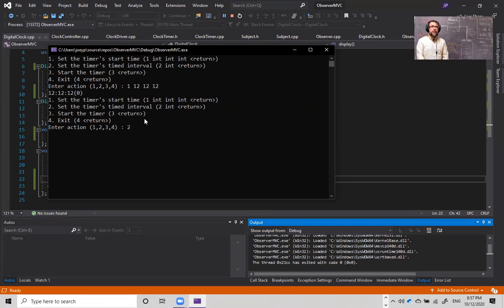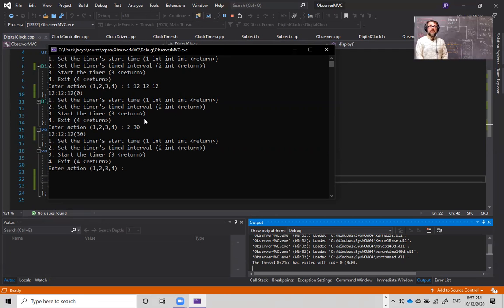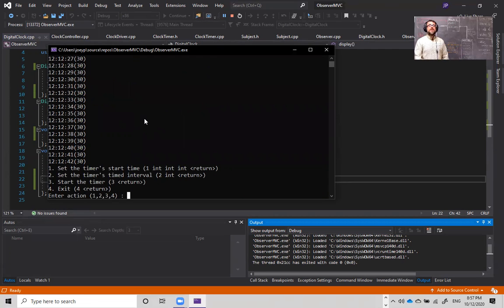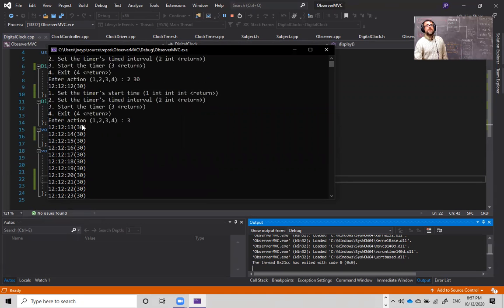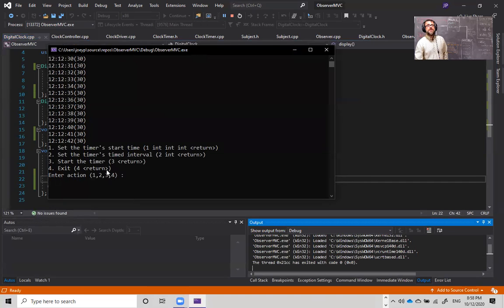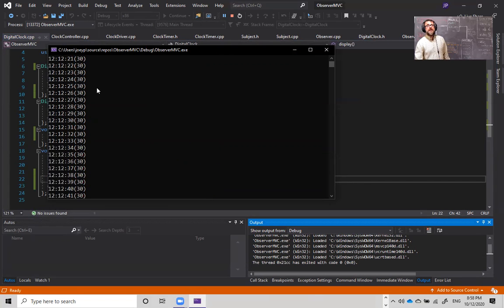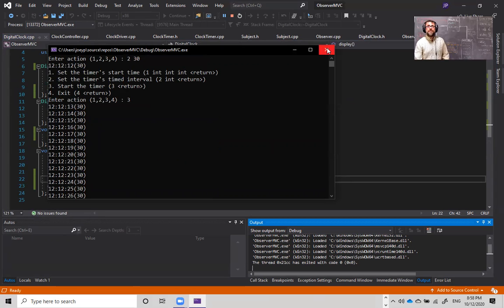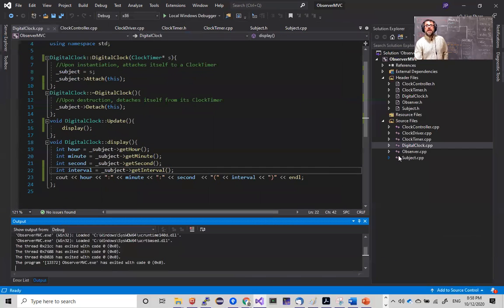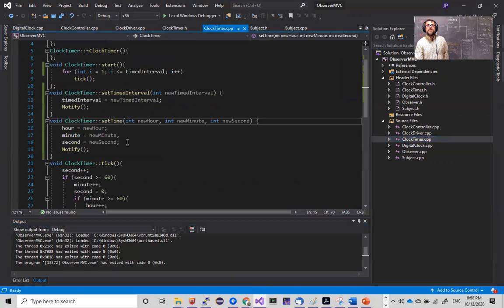Now, if I go 2 and then say 30 seconds, so it will count for 30 seconds. If I press start, it starts at 12, 12, 12, and then increments 1, 2, 3, 4, 5 until it reaches 30. So that's basically every time that I call tick inside of the clock timer. So when I say start,